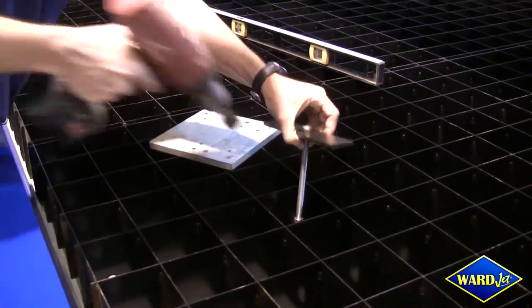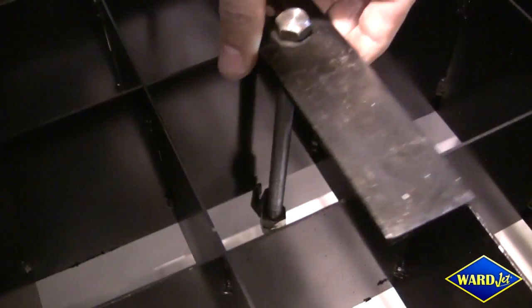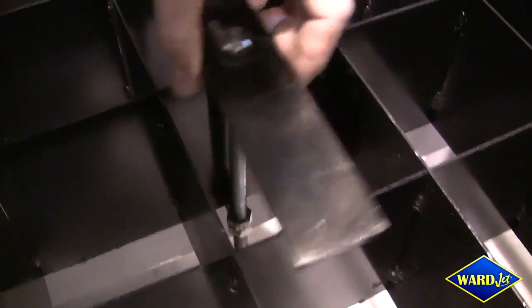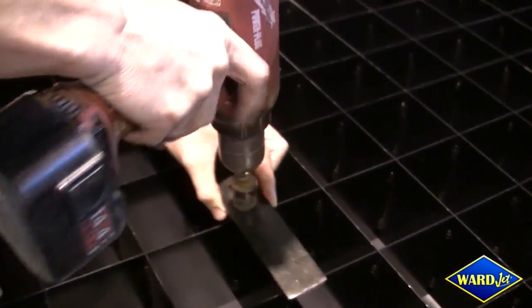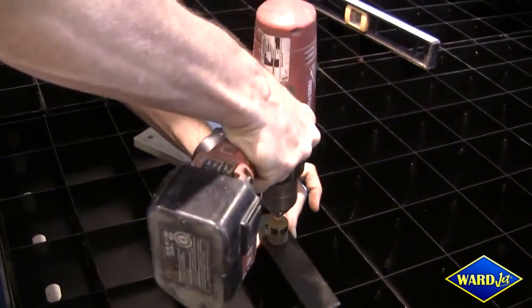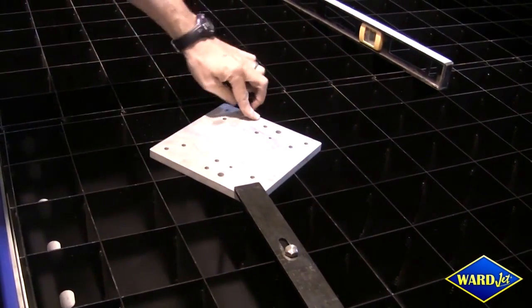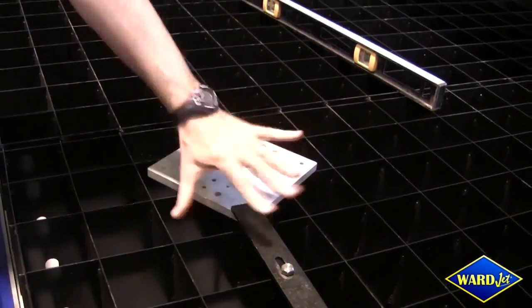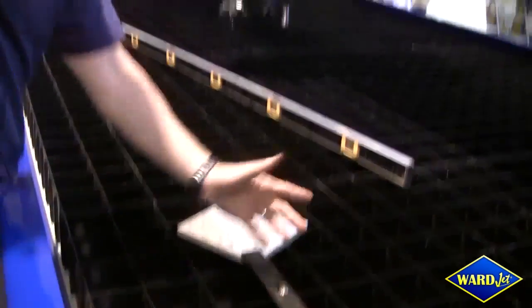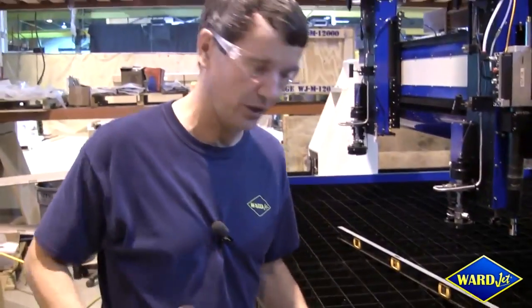But we can come along, I don't know if you can see video of this actually going down there, and you just drop this till it hooks underneath, and we can pinch the material down, and there we've clamped the material. Now you could obviously put a couple around here and you could move it however you want, but it is flexible to work with and your material's clamped in a hurry. Okay, now let's look at the real driving